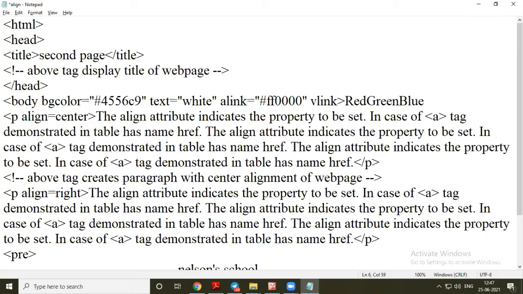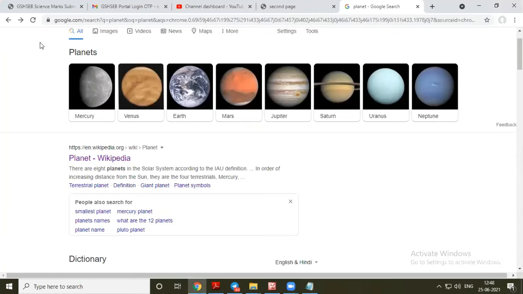V link is equal to 00FF00. So for active link we are giving color red, and for visited link we are giving color green.